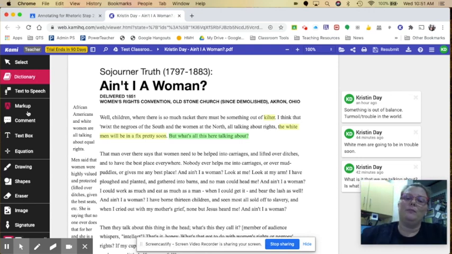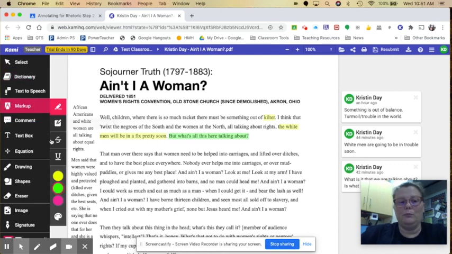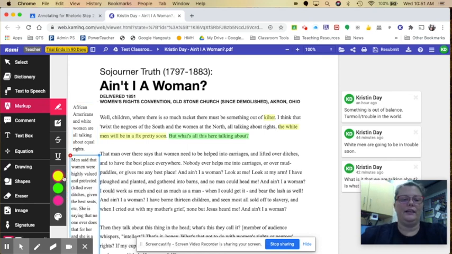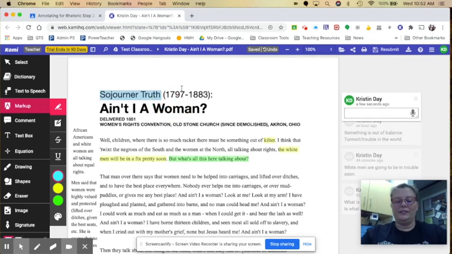So we want to make sure that we identify the fact that Sojourner Truth, I'll put mark up here, and I'm going to pick a color for ethos here. I'm going to say, let's say blue for ethos. Sojourner Truth has what's called automatic ethos. I'm going to put a little note here, and I'm going to say automatic ethos because she had been a slave